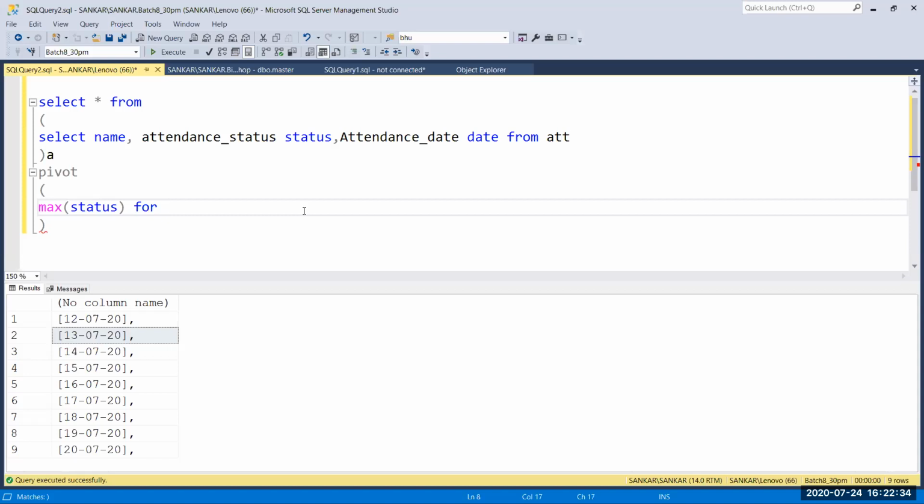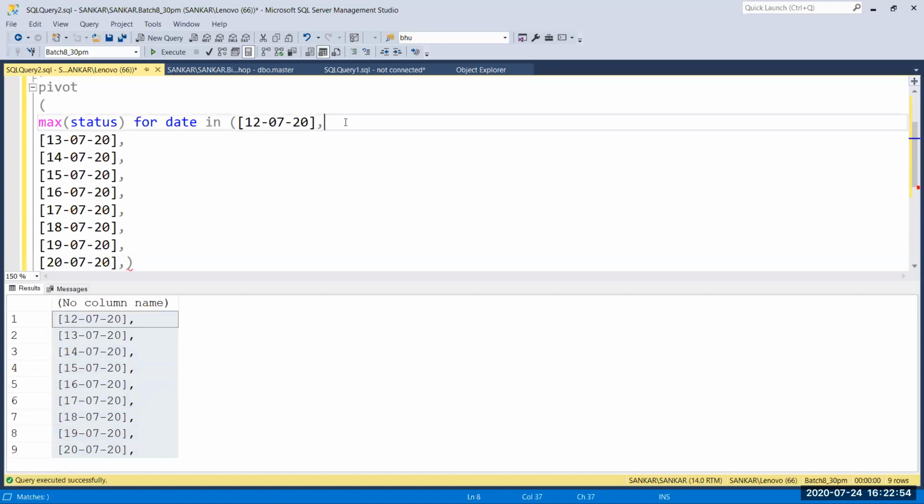So for here I'm going to give the date, right? In open and close brackets here, now I'm going to pass this entire data, and here I'm going to paste this. Just give end and delete. That's all.